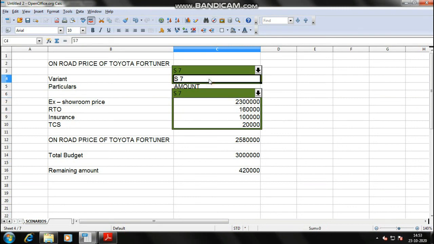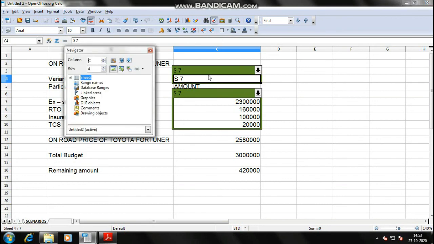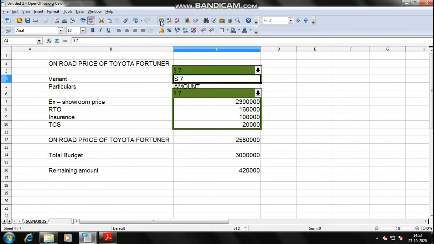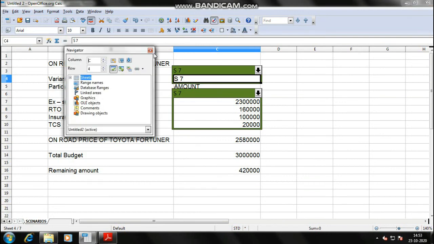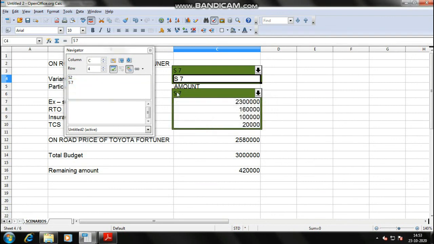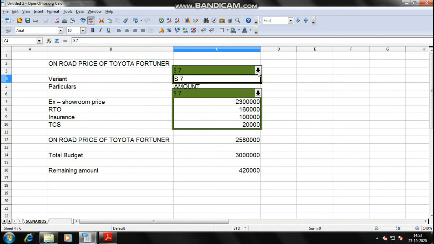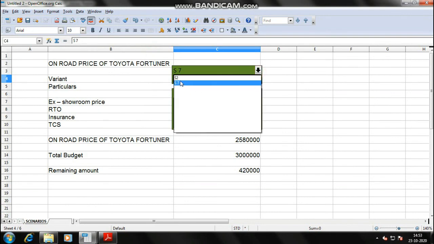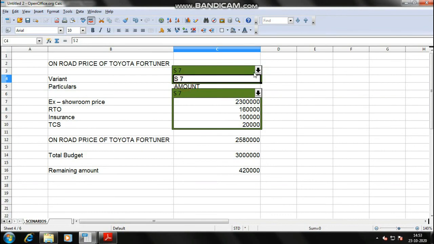The shortcut is F5. Okay, or you can go to this toolbar, and here is the navigator, a kind of watch kind of thing. Okay, click here. So this is the scenario option. Click here. So we have created three scenarios. Click any of the scenarios. Suppose we want to delete S5. Click, right click, delete, deleted. Done. So let's see if it is deleted or not. Okay, it is deleted. S5 is no more with us. So this was it. I just want to show you.